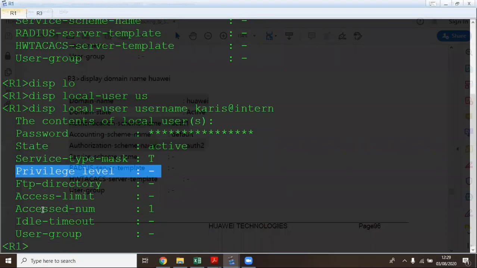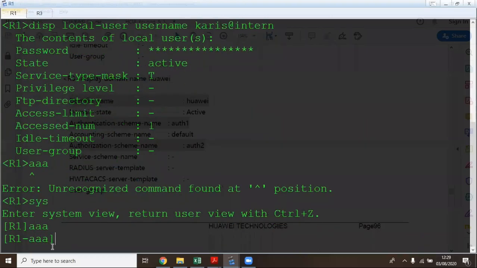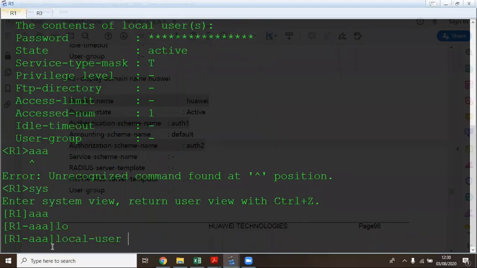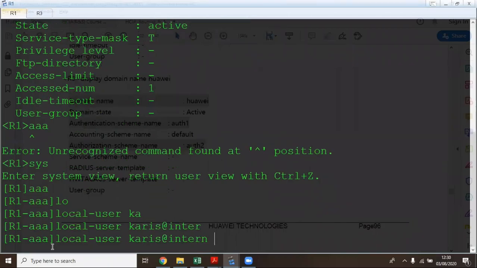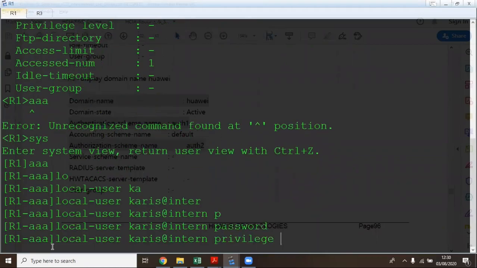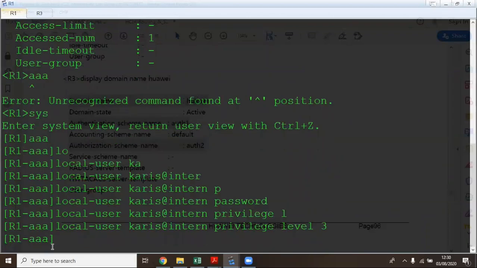So right now I want us to change the privilege level of this particular user, Caris. So we go to system view, then AAA, then local user Caris. Then we go ahead and choose the privilege level, for example, 3. So when we change the privilege level for this user, for example, to management level, now if they telnet